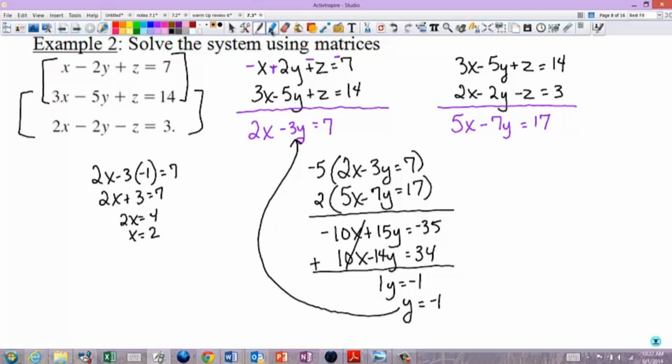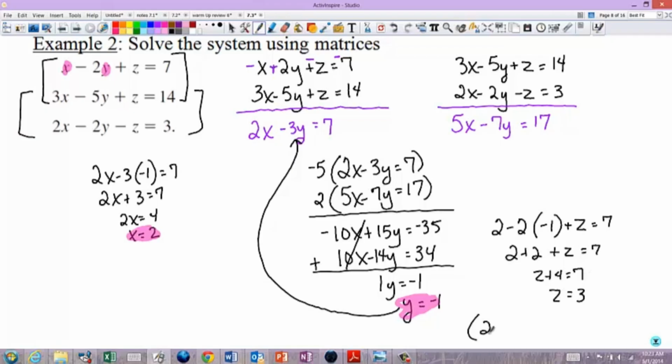What do you think I'm going to do? I'm going to fill x and y in here and solve for z. So x is 2 minus 2 times y is negative 1 plus z equals 7. So 2 plus 2 plus z equals 7. Z plus 4 equals 7. Z equals 3. So it's x, y, z. Now it says to solve it using matrices. To do it using matrices, what you do is you assemble a matrix